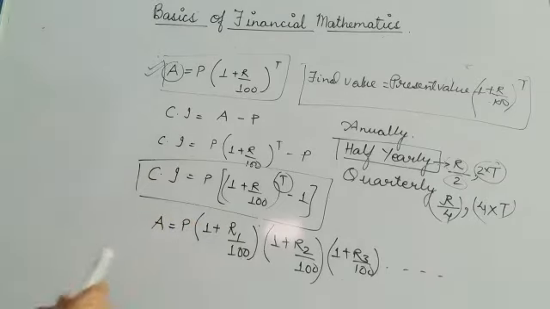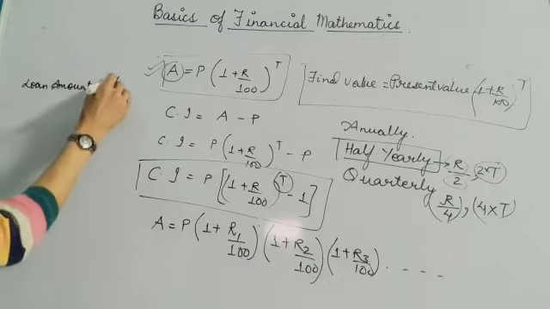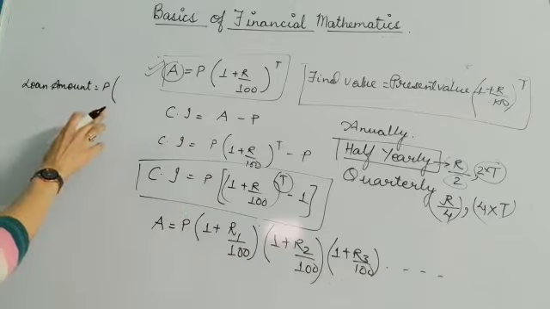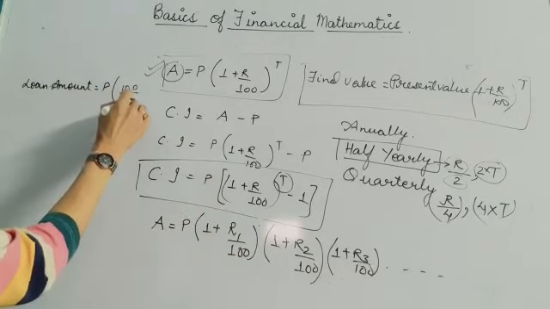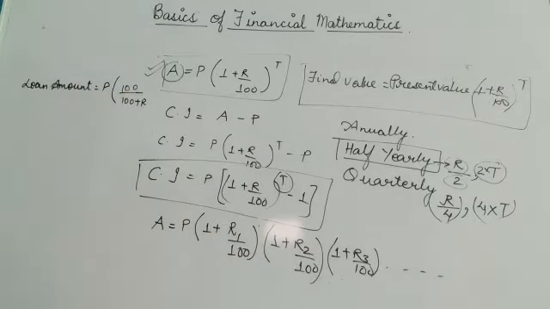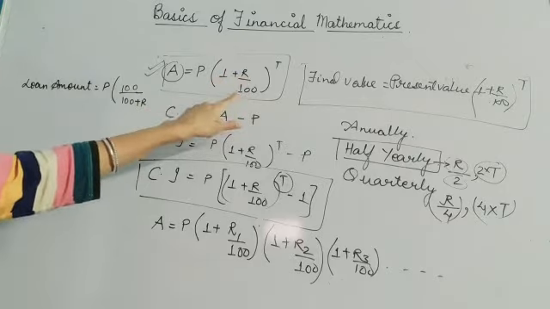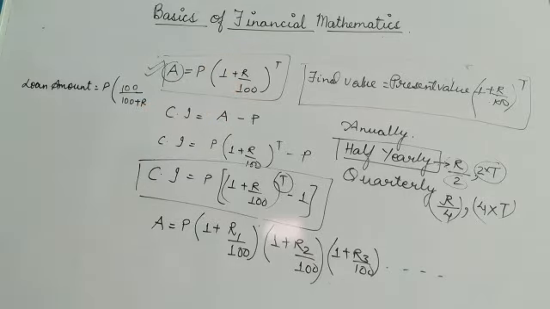period of time. So in that case, your formula will become loan amount is equal to P, and let's suppose it is paid for 3 years. So it will be given by 100 by 100 plus R. Okay, let's see how I have changed this formula. Here it is 100 plus R. If I take the LCM, I get it as 100 plus R. So I have inverted the thing over here.